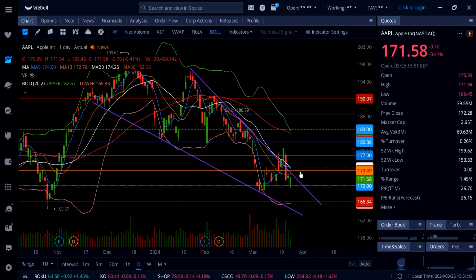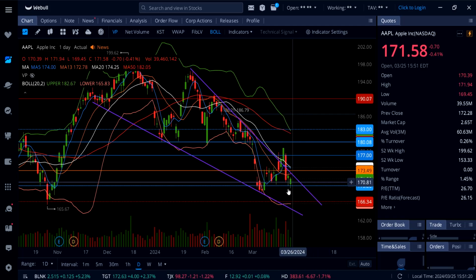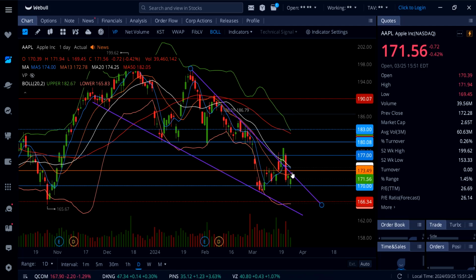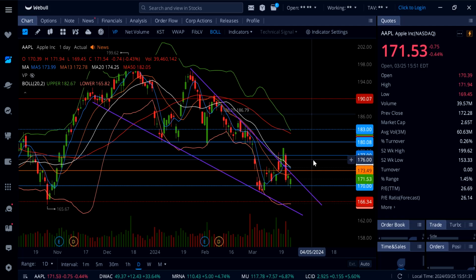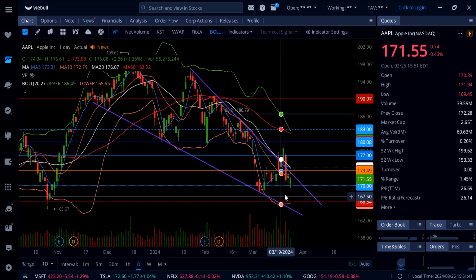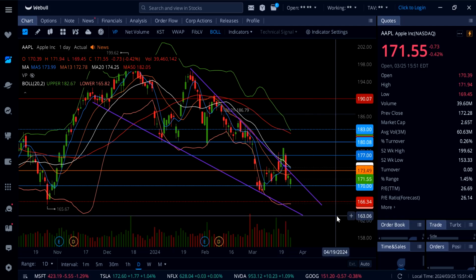Above 173, you're going to see a breakout. As long as Apple can actually take out this resistance right here, 173, and Apple can hold right here, you're going to see more upside all the way up to 177 and possibly up to even 180. And do not forget about this gap here on top, 186.79 on Apple. We just need that breakout confirmation, and that's going to happen if Apple can break and hold